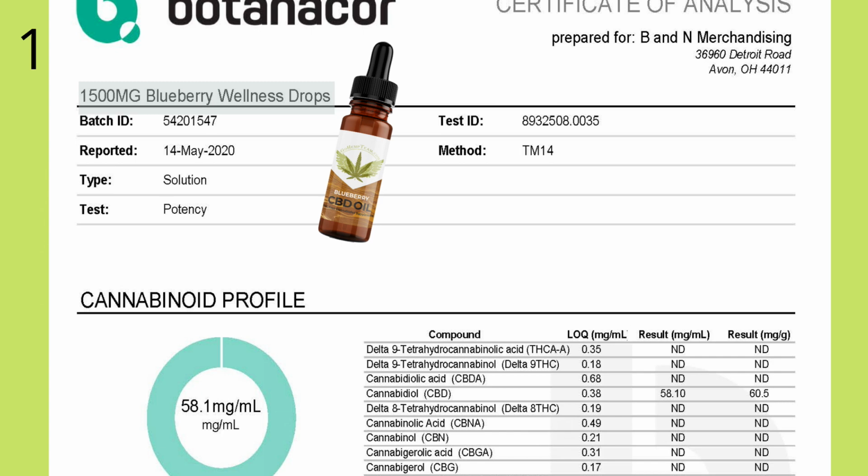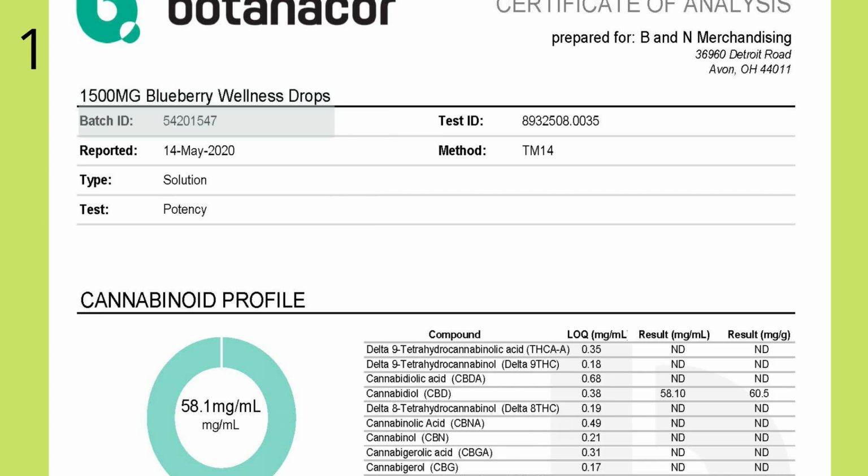In this case, it's a 1500 milligram blueberry wellness drops from the Go Hemp team, and this is actually a real test result from the Go Hemp team website. Next, we will see the batch ID, followed by the day it was tested, and the type of product that was tested. In this case, since they were drops or a tincture, it would be a solution as the product. The test type is a potency test, then followed by the test ID, and the method of testing, which was